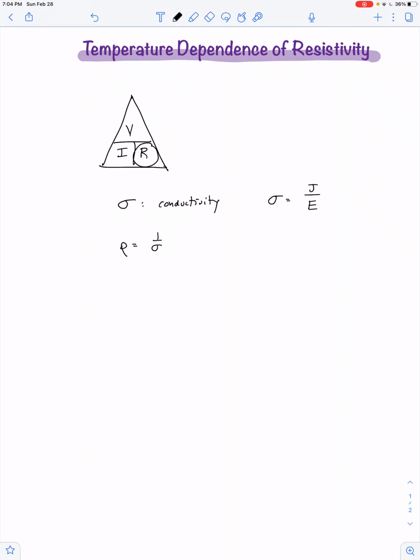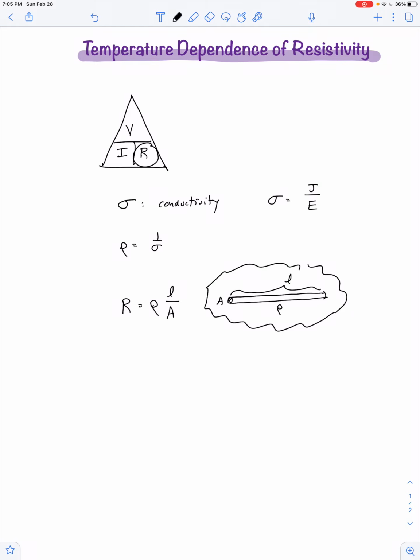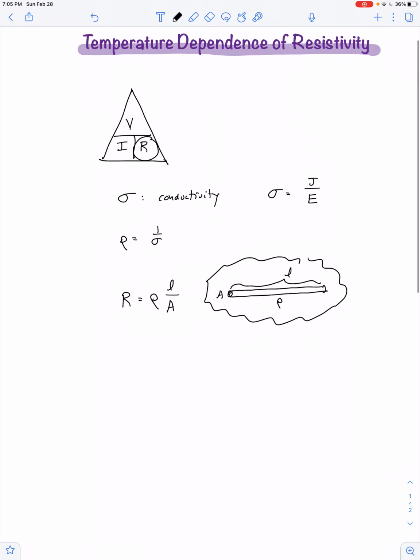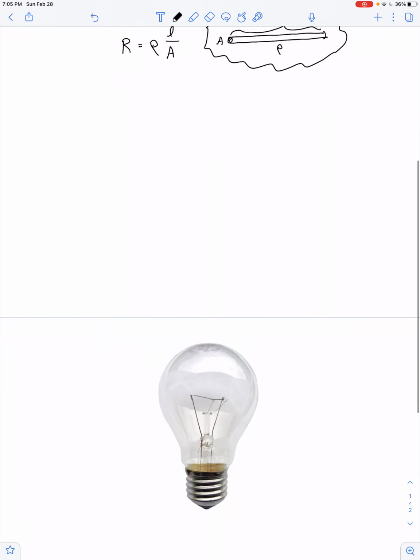And the R in this equation for Ohm's law says resistance is equal to resistivity times length divided by area, meaning for ohmic devices like long metal wires, their length and their cross-sectional area, along with what material they're made out of, all factor together to give an indication of the resistance. When it comes to a light bulb,